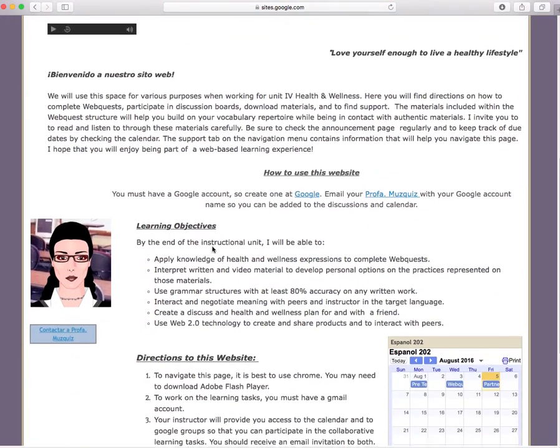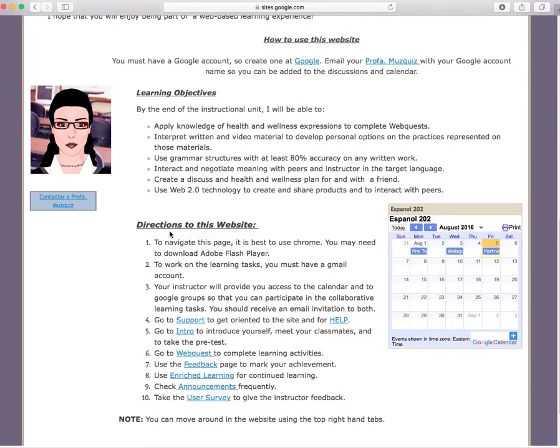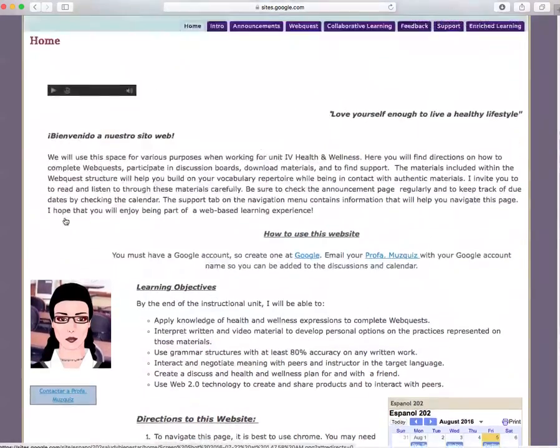Then we go ahead and state the learning objectives, and then we mention directions on how to navigate this page. There is also a calendar that we're using to post assignment due deadlines, and also I have a link to my email address.